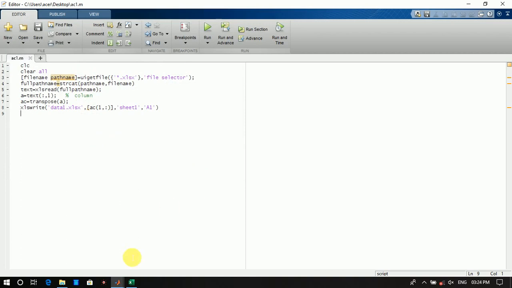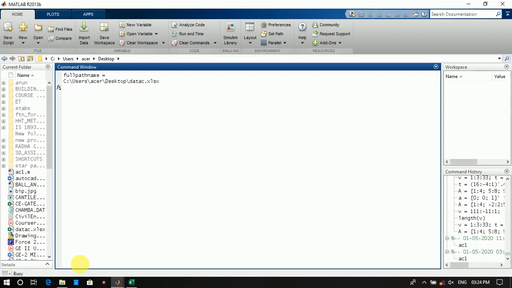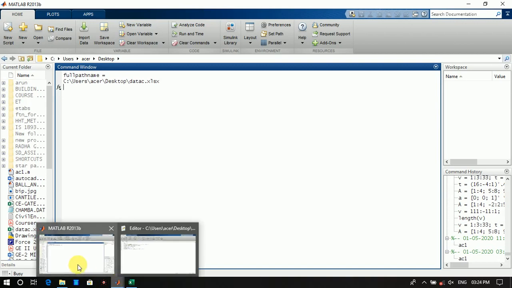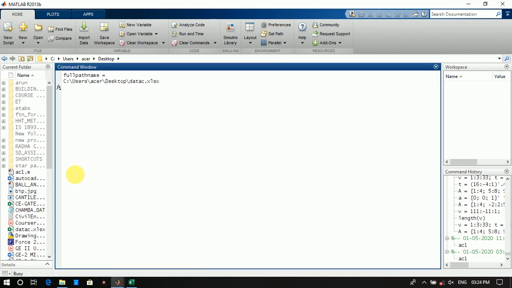Then after some time it will convert the column to a row matrix, and that file will be stored in Excel. The new Excel file will be generated, which contains the elements in row form.